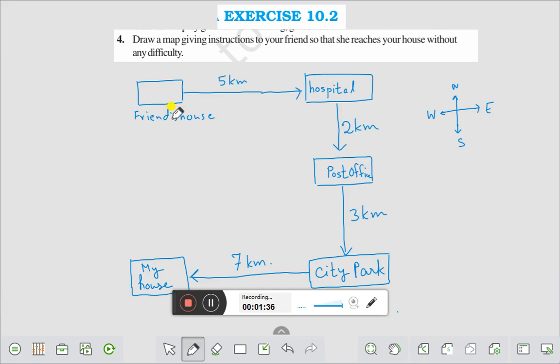This is a rough sketch of the map giving instructions to my friend, right? This is the friend's house. First he has to go 5 km. From here he will get a hospital. After that he goes to the south 2 km, he will get a post office. After that she will go to the south again 3 km, she will get a city park, and from the city park he has to go to the west direction, 7 km west, so that she will get my house, right? And here you see, near my house there is a